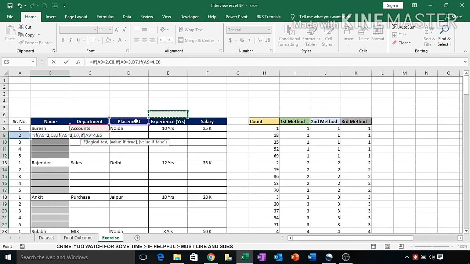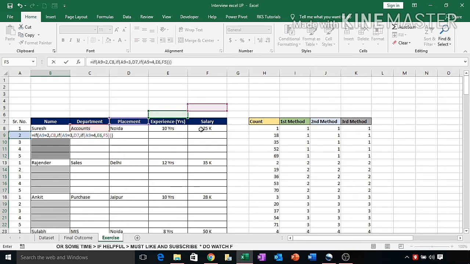If this condition is satisfied, then it will pick the value from here. If not, meaning it is 5, then it will pick the value from here, because at that position you are in the 5th row and you have to pick the value from here. So you can check 1, 2, 3, 4, or if you check with this formula, then 1, 2, 3 and 4. So a kind of ladder will appear, and accordingly you have to apply the formula. Now you have applied it, and close the bracket.